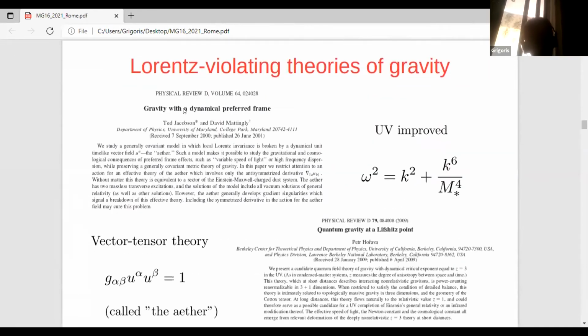There is also Einstein-aether gravity, another Lorentz violating theory formulated by Jacobson almost at the same time as Horava theory. So here is what happens in the framework of these theories. You obtain modified dispersion relations suppressed by some high mass scale. At low energies, this term can be ignored and you obtain the standard dispersion relation. But at high energies, the Green's functions exhibit a better ultraviolet behavior, which is good for renormalizability.